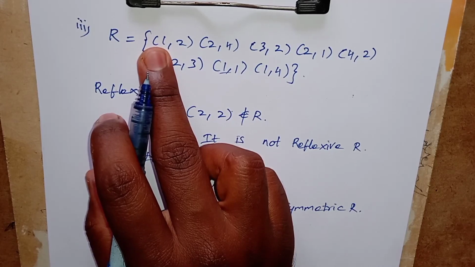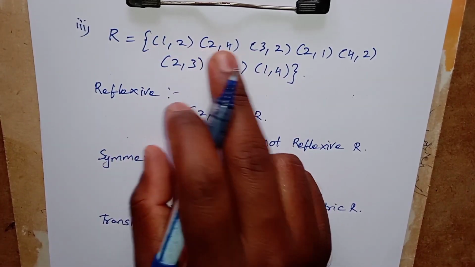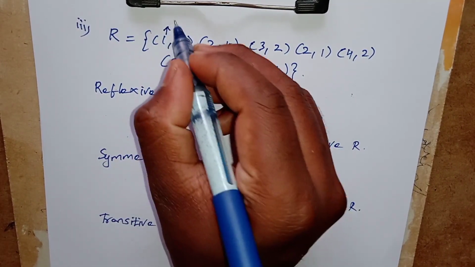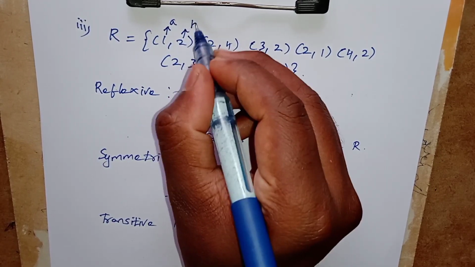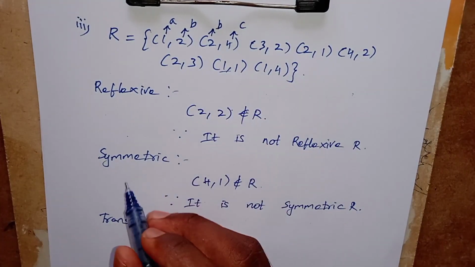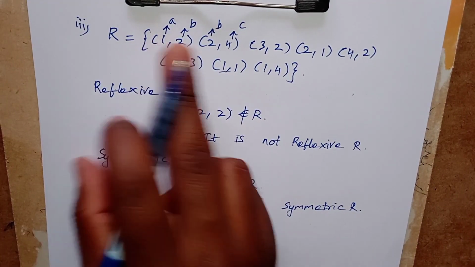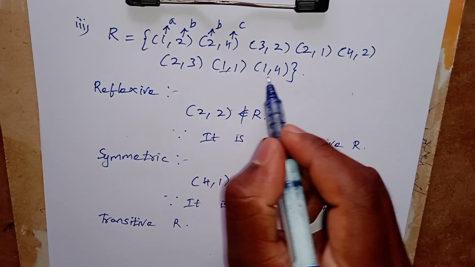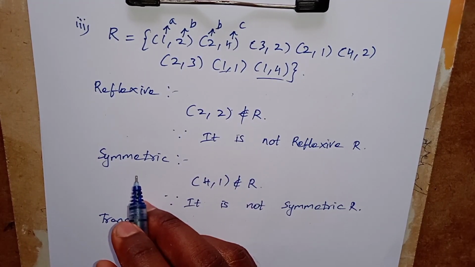1, 2, 2, 4. Here it is A, B. Here it is B, C. Therefore, A, C. Here 1, 4 is present. Okay. Next,